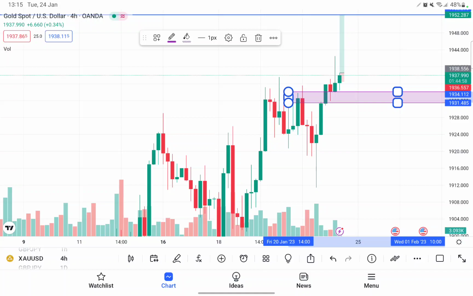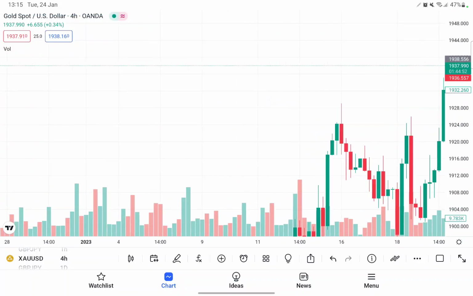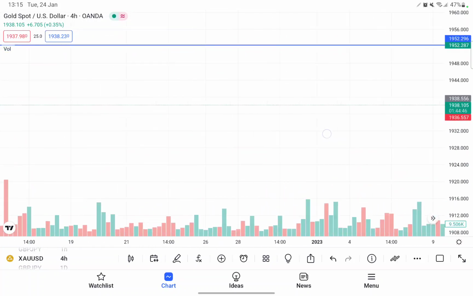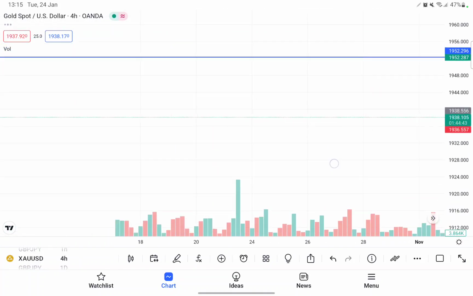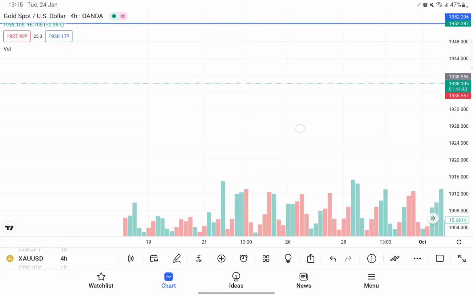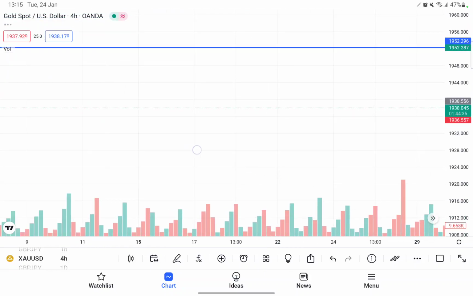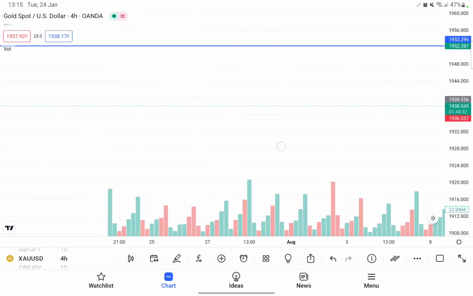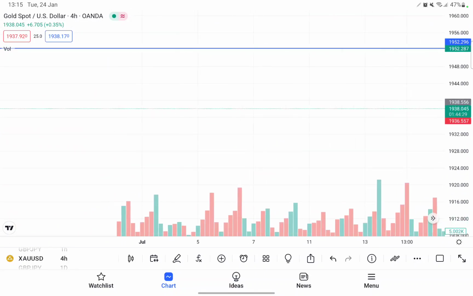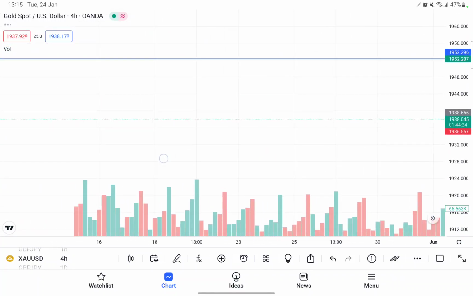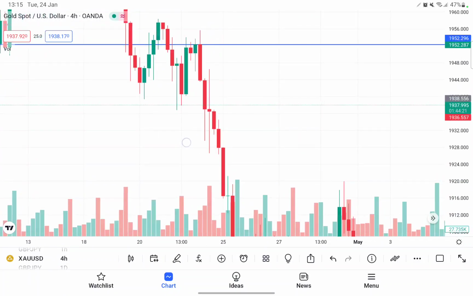Now to identify my target for where I think price is going to go, i.e. the resistance, because there was nothing to the left, I had to keep scrolling. You still see there's nothing, there's no sign. These are previous months, previous days, and clearly price has not gotten to that point in a long time. That's an indication that there's probably a lot of momentum built up into this next move, but it's not a guarantee. We continue to scroll, and we come to our first point of resistance,